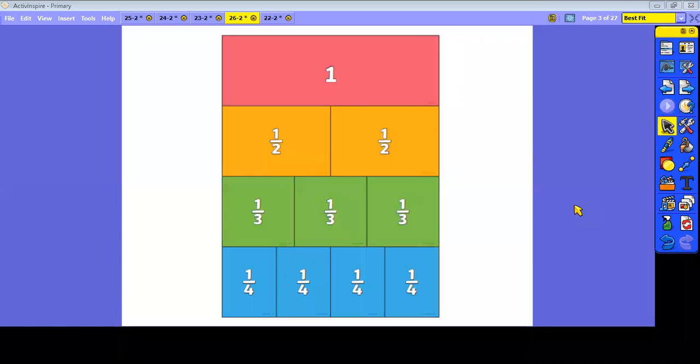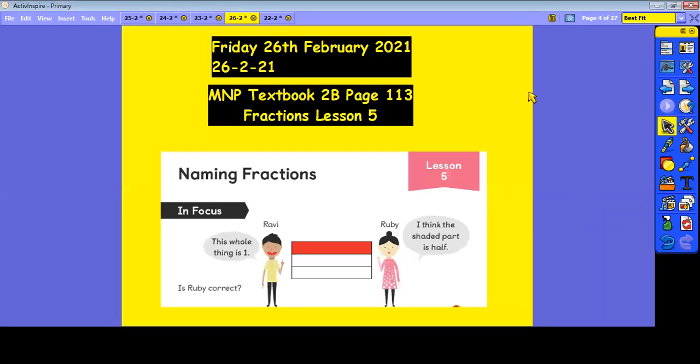Year 2 for Friday's Maths No Problem lesson today. You may want to find this fraction wall picture that is in your home learning packs. It could be useful to you today. Okay, because we're moving on to lesson 5 of fractions, which can be found in your Maths No Problem textbook